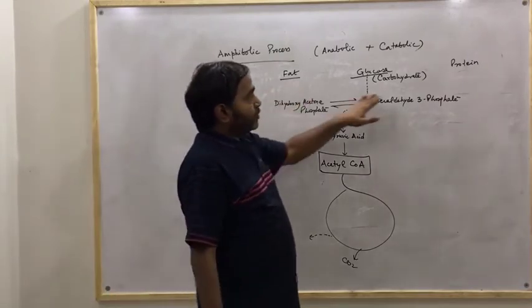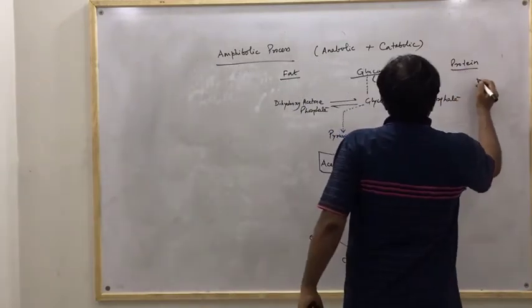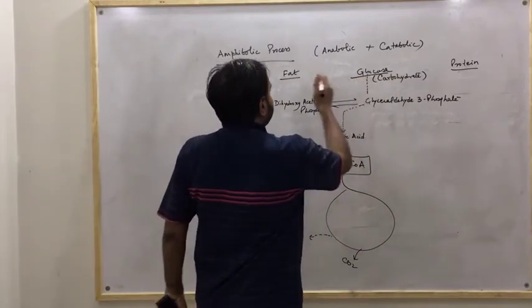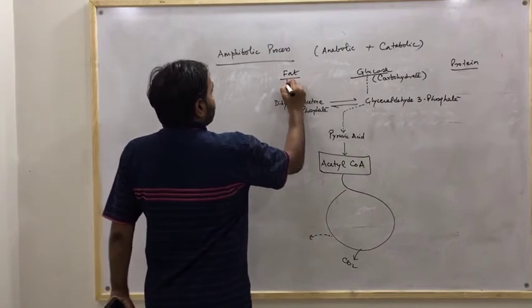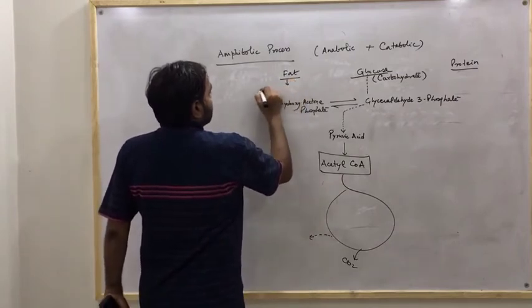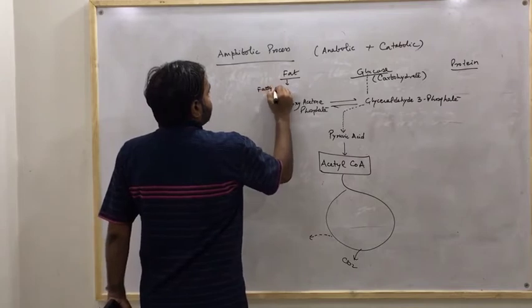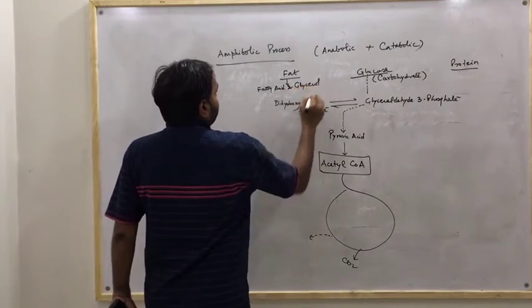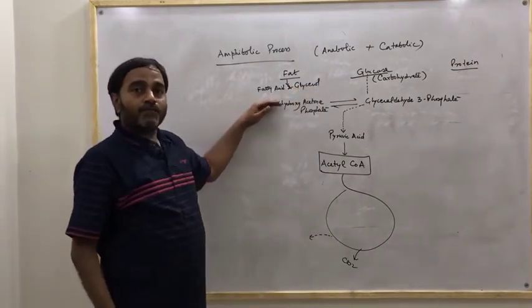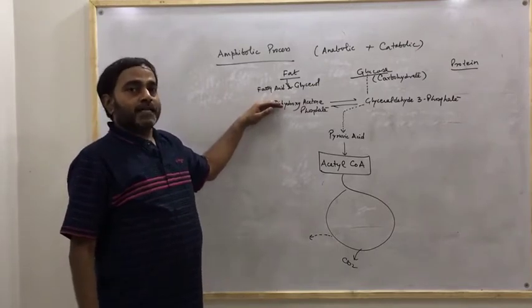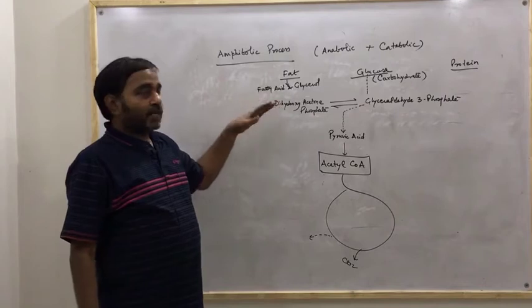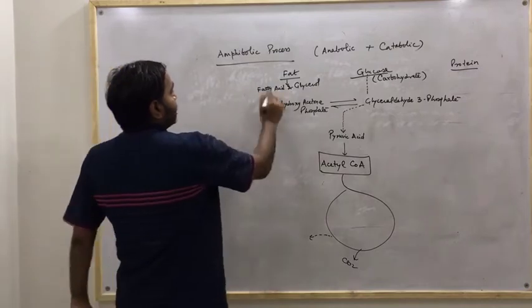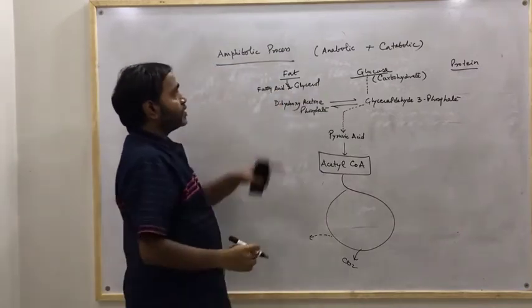And fat and protein will get changed into their monomeric forms. As you have seen, glucose is the monomeric form of carbohydrate, so fat will get changed into its monomeric forms, that is, fatty acid and glycerol. Fatty acid and glycerol will be formed by the hydrolysis of fat. That is the basic thing, but we will see further how it is formed. I will tell you in the further process. But the thing is that fatty acid and glycerol will be formed after the hydrolysis of fat.